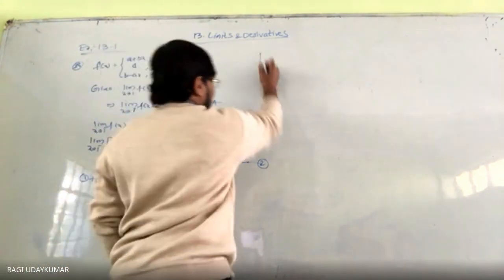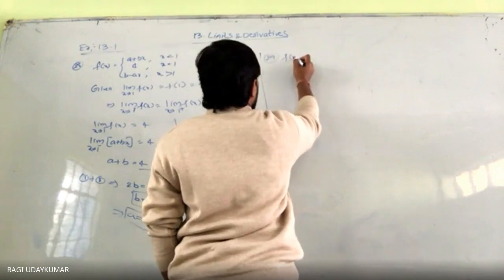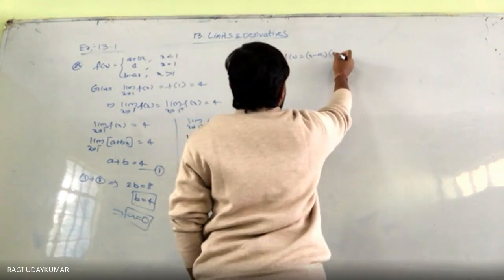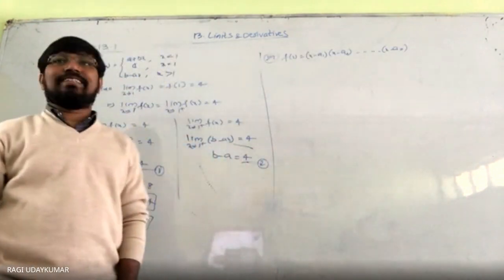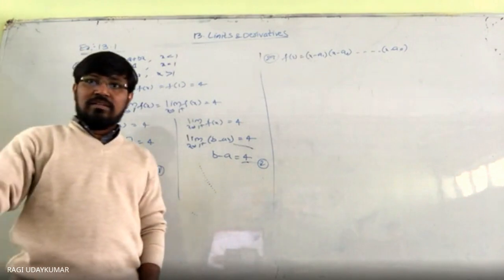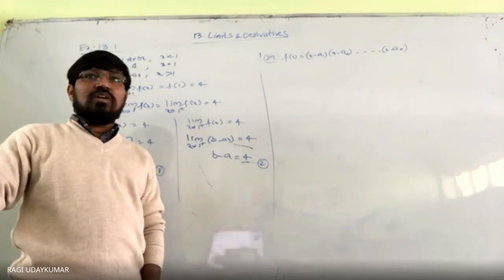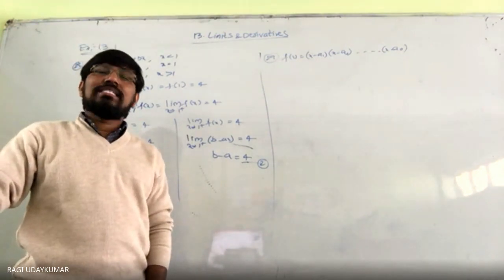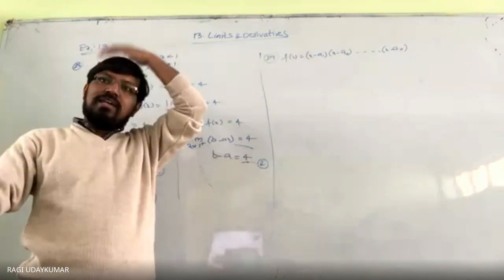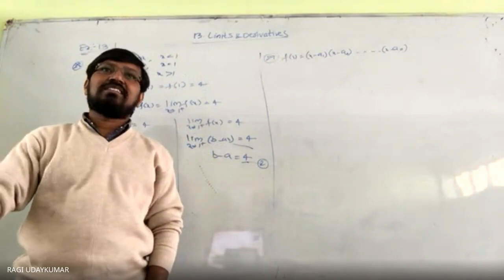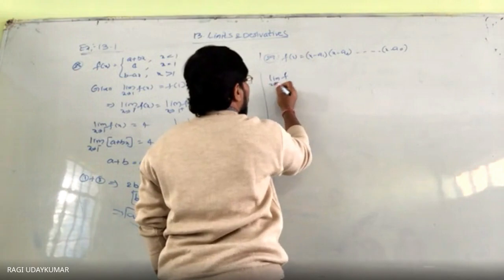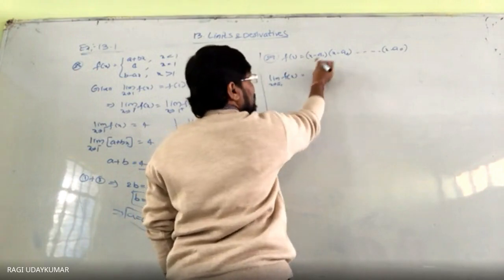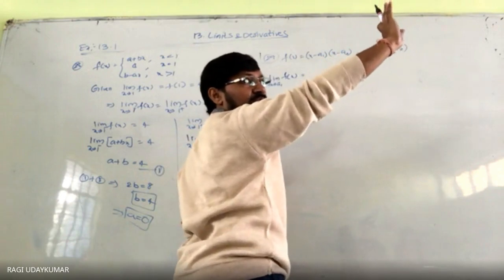What is the function given here? In question 29, f(x) is given as (x - a1)(x - a2) and so on up to (x - an). It is the product of factors, a polynomial function. And what is the limit as x tends to a1 of f(x)? 0. And a is not equal to any one of a1 to an, and you are asked to find the limit as x tends to a of f(x). Directly, a is not equal to any of them, so substitute a1 in it, this becomes 0, whatever the rest is. That is 0.